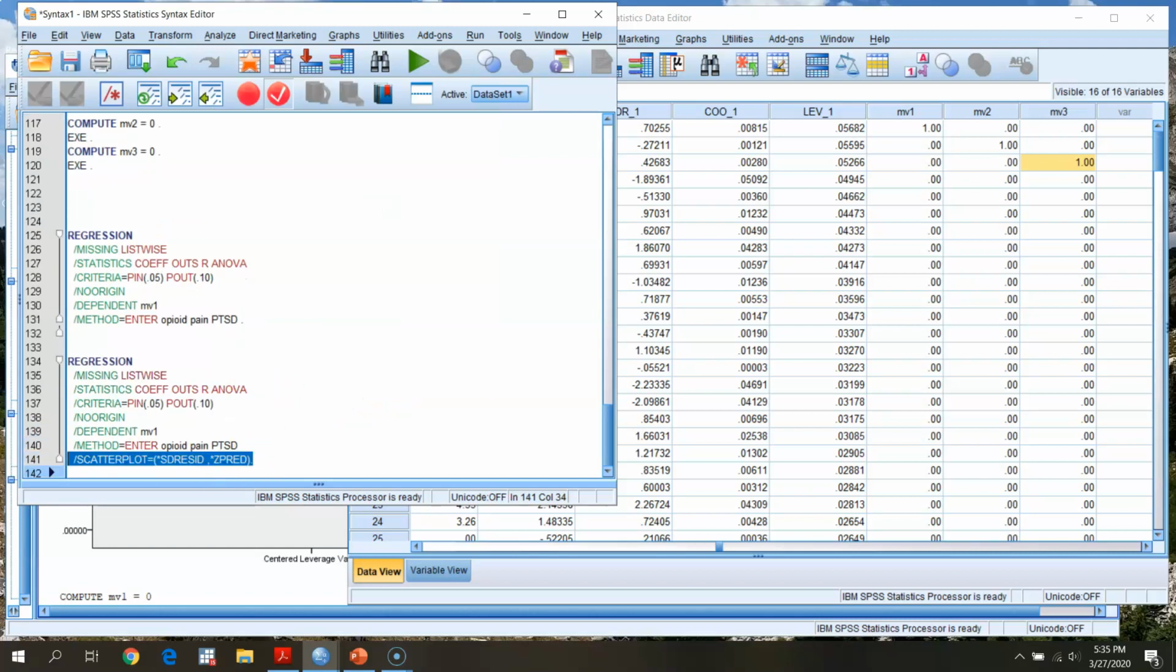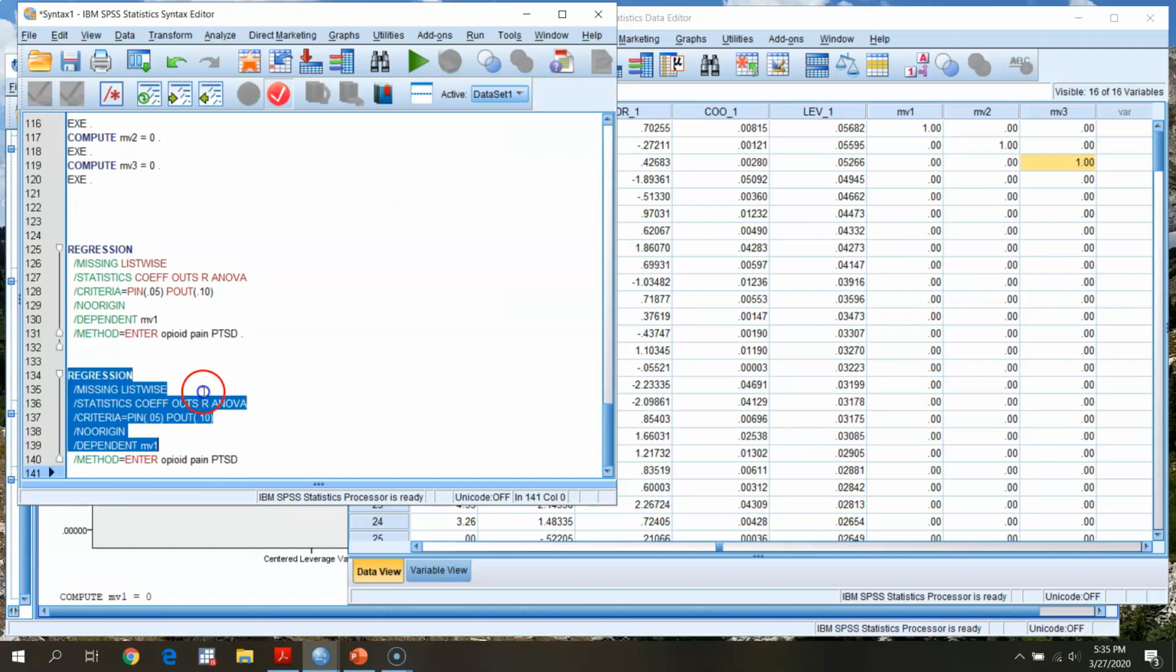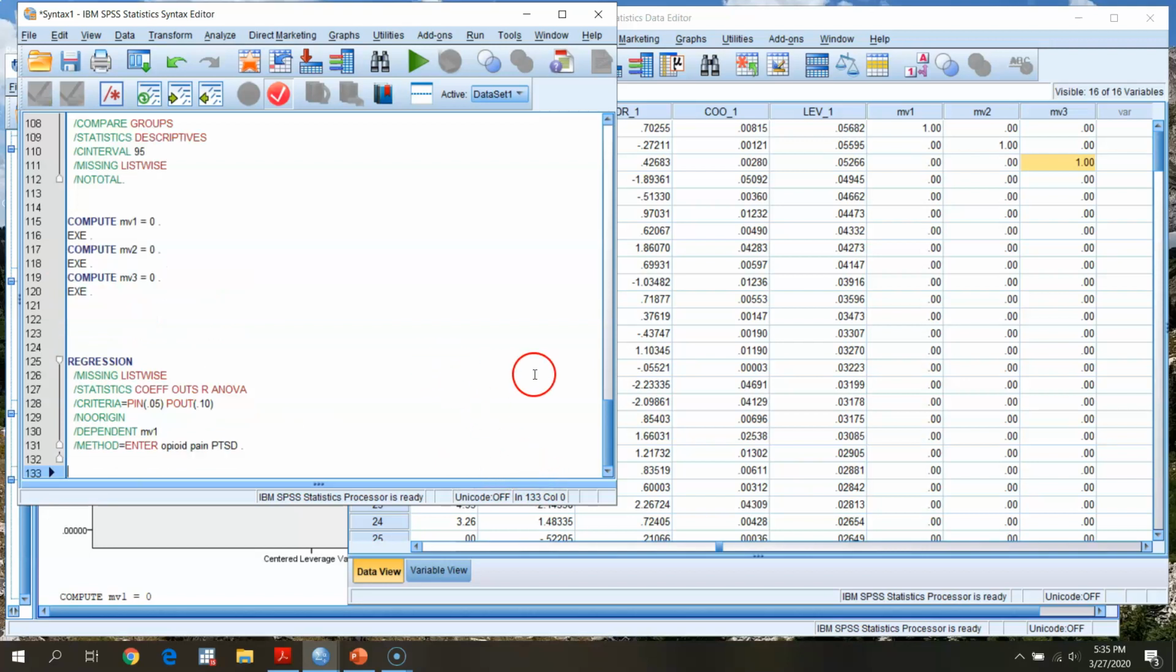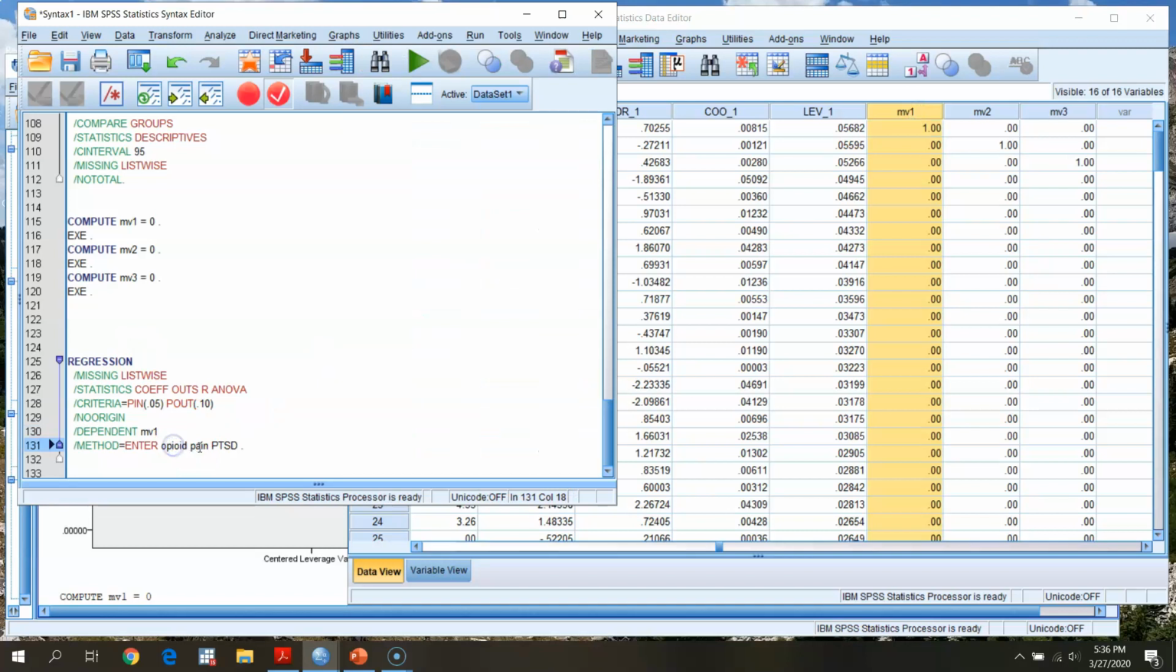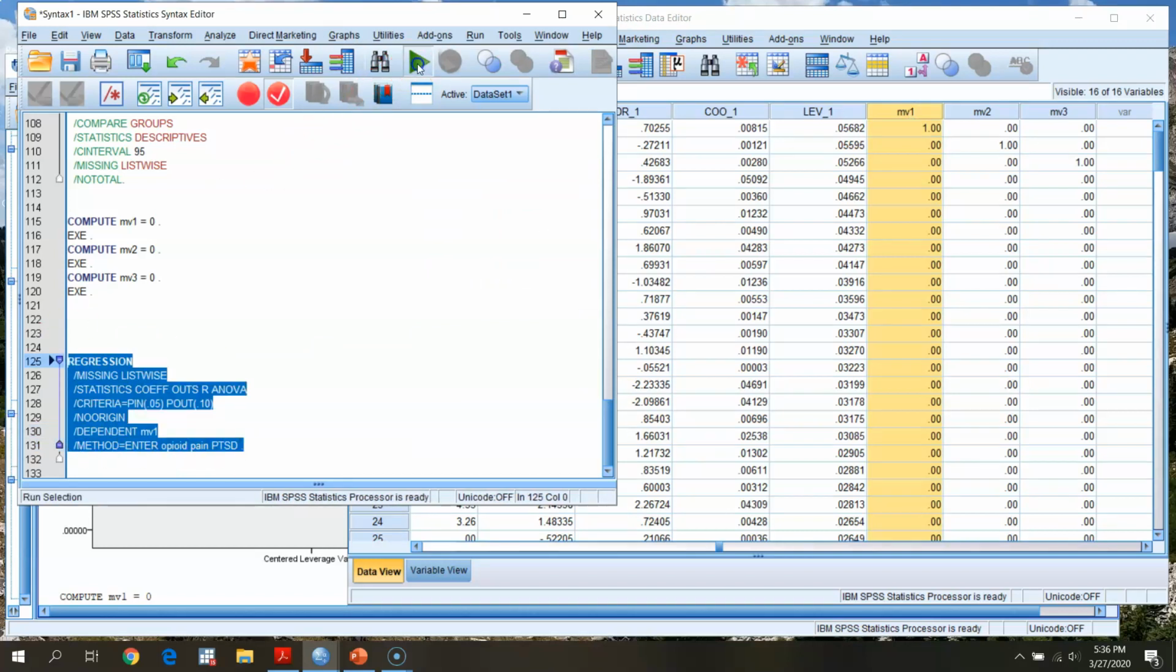Okay. For some reason it's still trying to give me a residual plot, but we'll get rid of that. So what we've got here is just a straight up regression, regressing my indicator variable on opiate use, pain, and PTSD. Okay, and so if I run this,